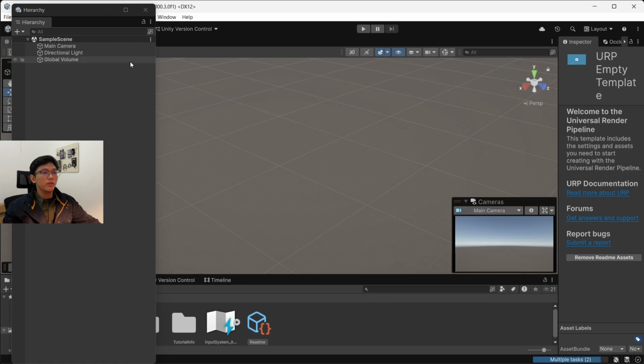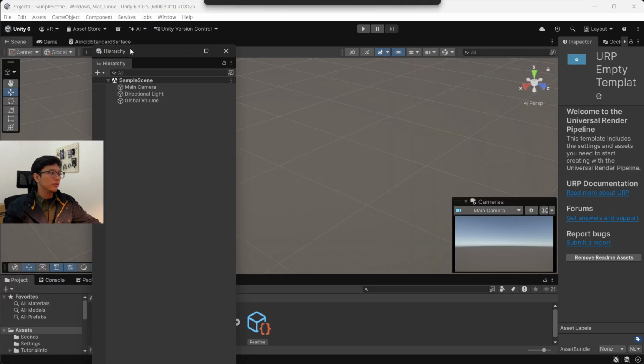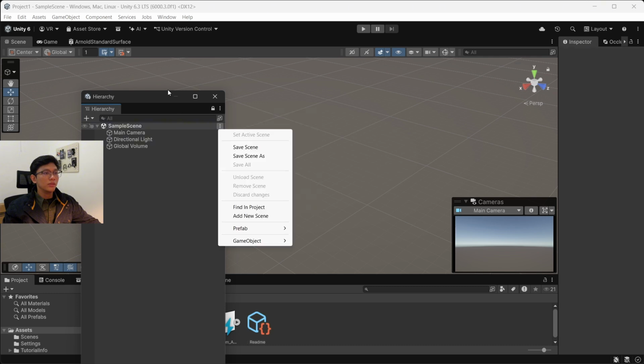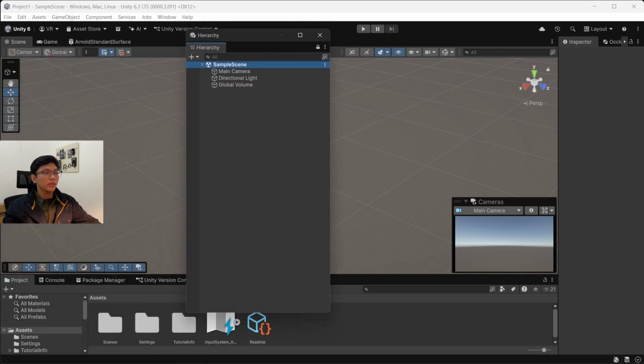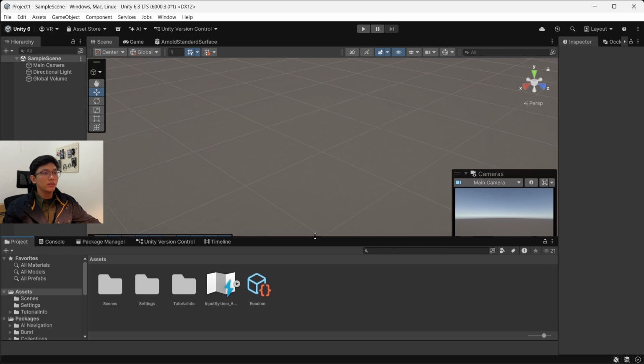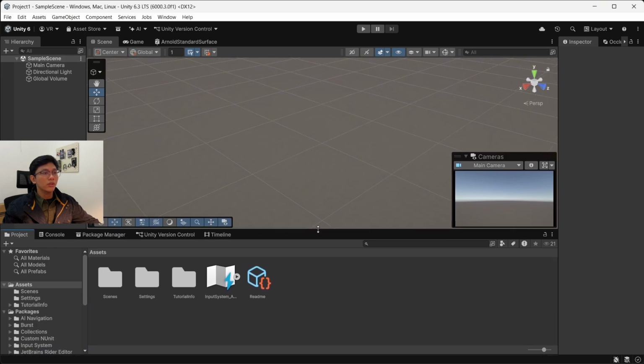Okay, we wait for the import process to finish. We place this panel on the left side, alright, like this. Okay, here are some important basic objects that we need to know.